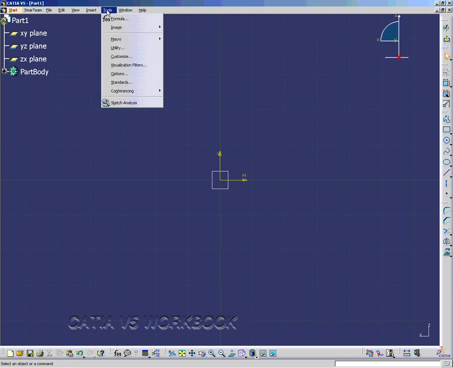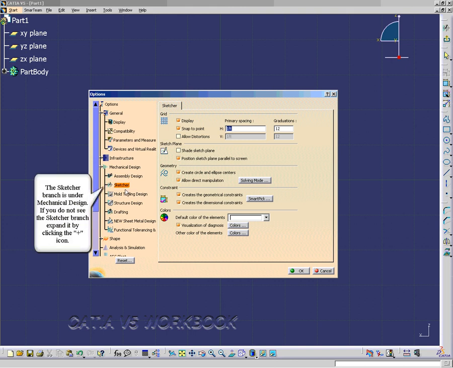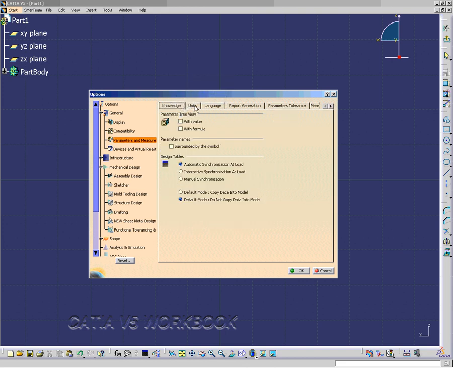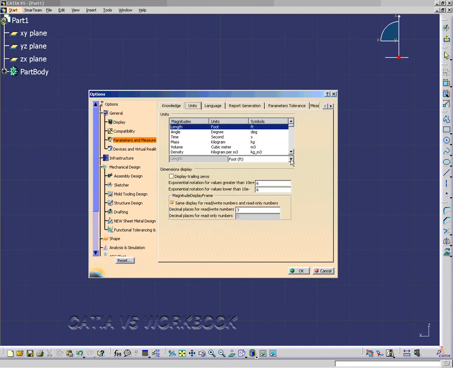And we have a grid here we're going to set up. Go to Tools, Options, and go to the Sketcher workbench here. You'll notice that the grid here, we're going to display it. It's selected, and we're going to select Snap to Point, and we're going to change our units to inches. Notice the length, and then we can pick the length, and I'm going to pick inches. Now that's our default